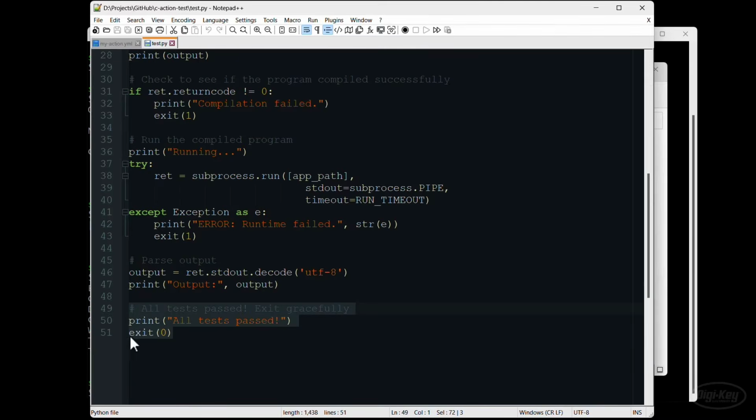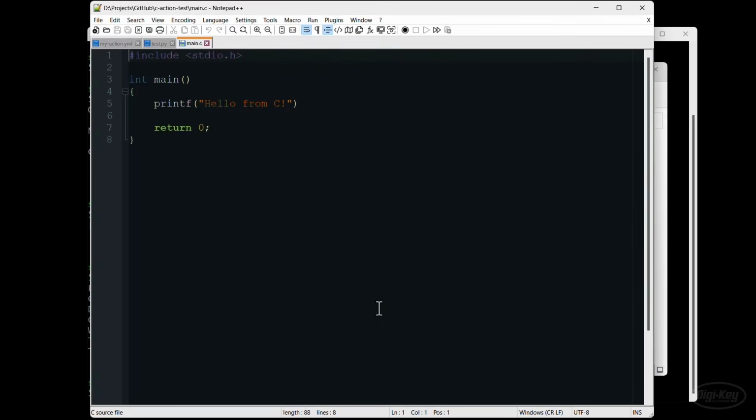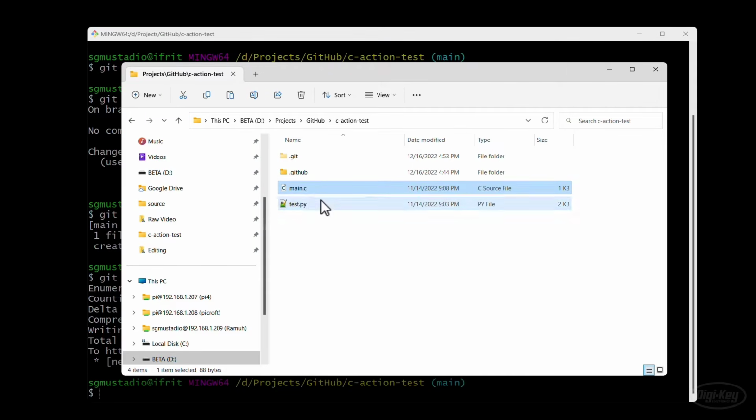If everything is passed, we will say exit 0, and that tells GitHub Actions that everything succeeded. If we take a look at our main.c, this should look very simple. It's just hello world, or hello from C, and it returns 0 to say that it completed successfully. So now that we have our program under test, as well as our Python script to test that program, let's